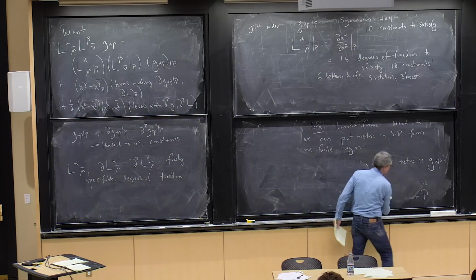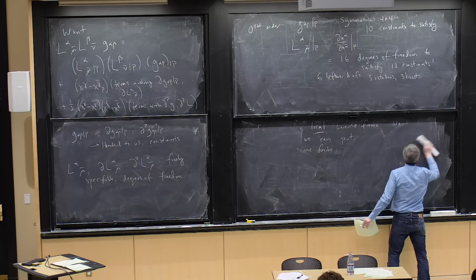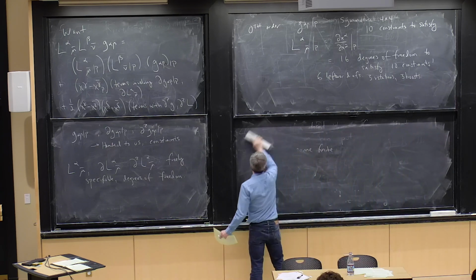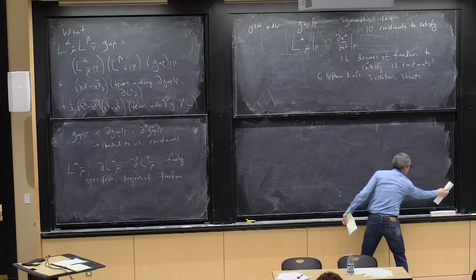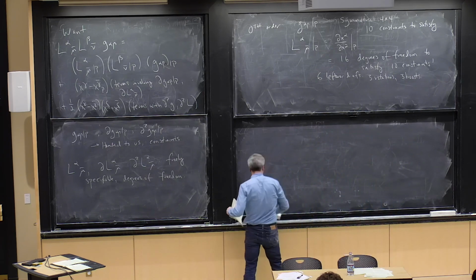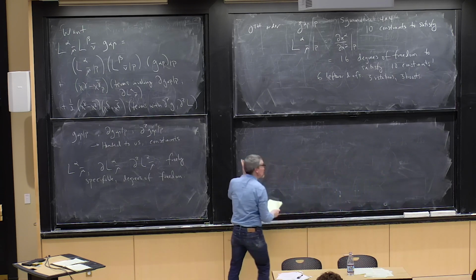So when we do things at 0th order, G has been handed to us, and we have now specified the behavior of L at that point. So L has been completely soaked up. I don't have any more freedom to mess around with it. When I go to the next order,